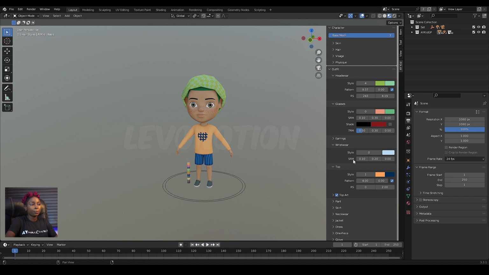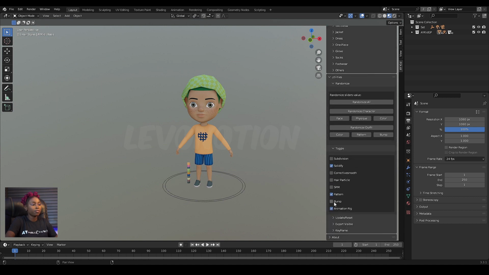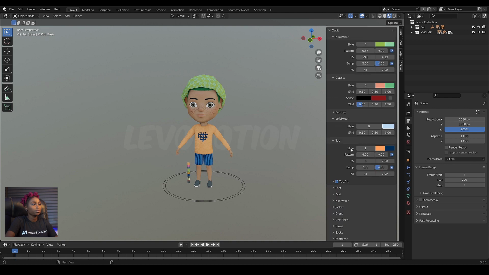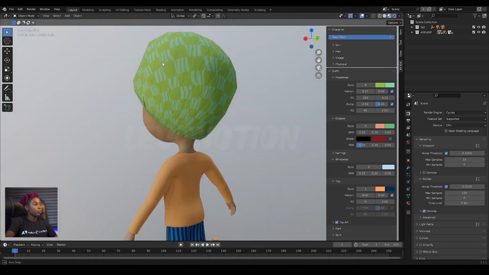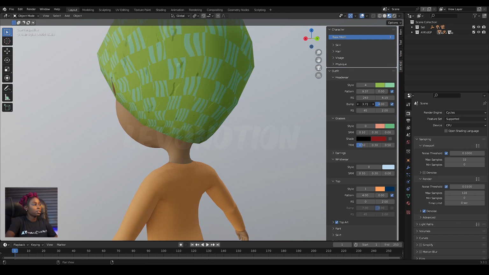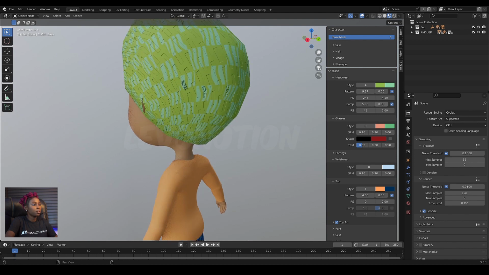Then we have bump. Let me activate it down here. It's off by default. If you are running that for the first time, it's going to take a while to load. So you have to be patient, and it depends on the speed of the system. So you can change the bump. Let me zoom in. When you look at this header, you can see the pattern there. You can scale it, you can change it, you can change the strength. At 0 is at its highest. Then when you take it up, it reduces. Then by the time you get to the other side, it inverts.